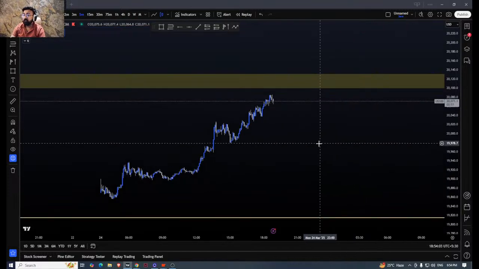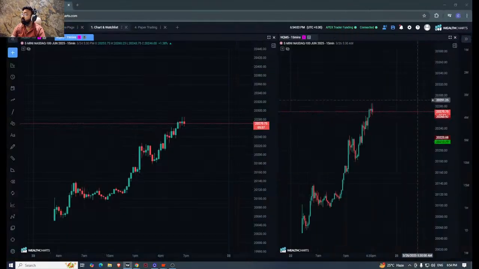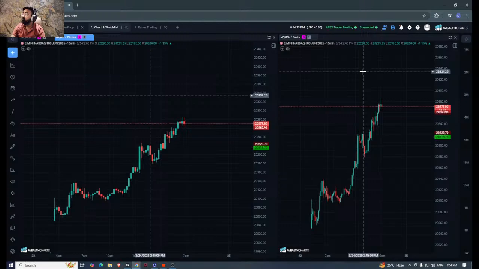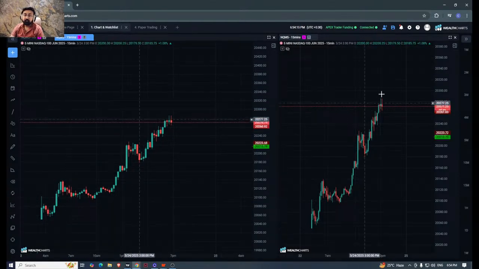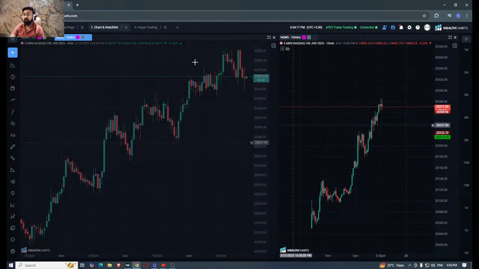We'll look at the 5-minute thingy here. I'll keep it in my different screen and I will use two different timelines. We have 15-minute here, and then this is where I would want to see a 2-minute time frame